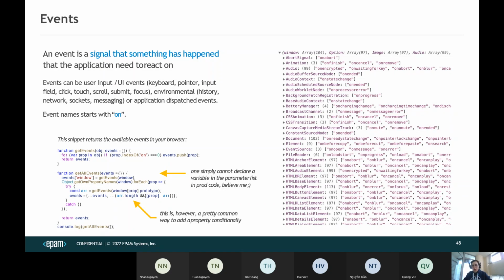And also, apart from using my keyboard and my mouse, we can be viewing the history of my browser. We can be sending network requests, or there can be a socket connection. A socket connection is when, instead of requests, we have an open channel. For example,